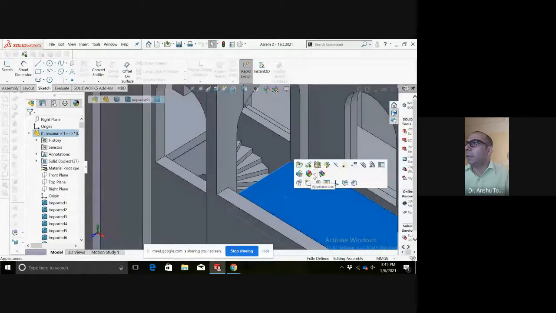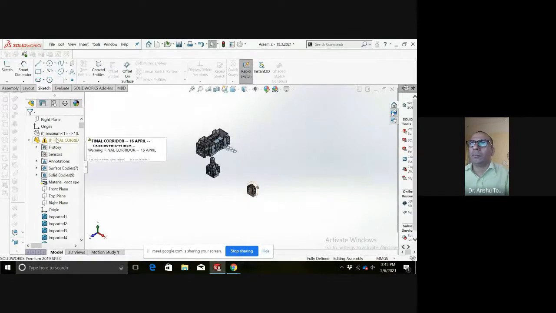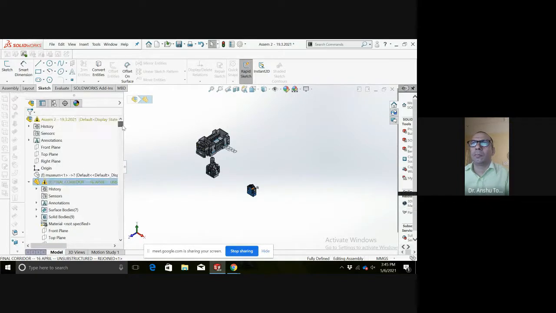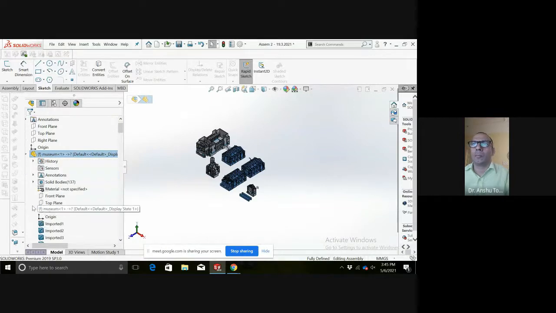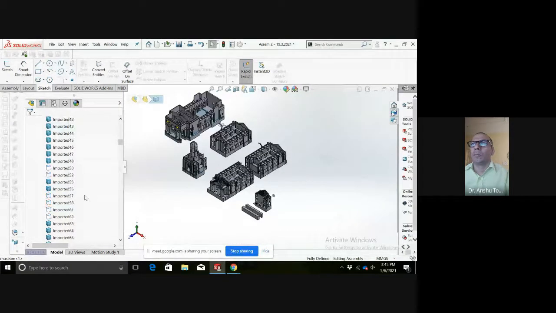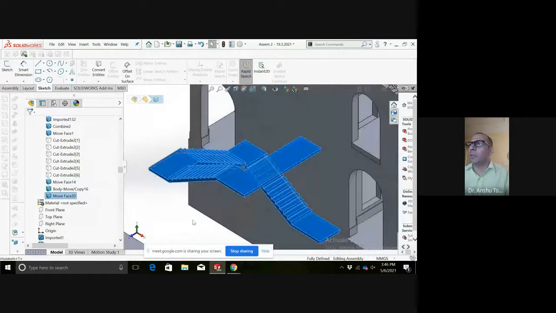Let's say, this type of staircase, etc., you can make in this particular software.